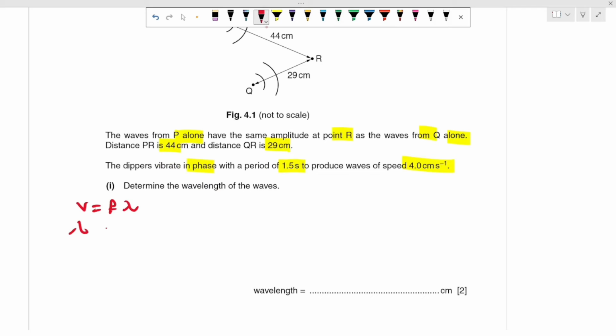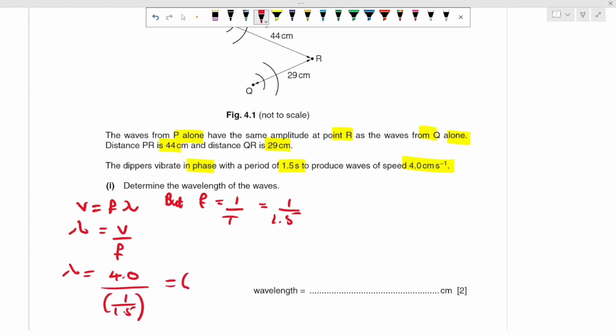So lambda will be equal to V divided by F. But guys, what do I know? I know that F is equal to 1 over my period T, which is equal to 1 over 1.5. So 1 over 1.5 is going to be my frequency. And then for me to find my lambda, it will be equal to 4.0 divided by 1 over 1.5,